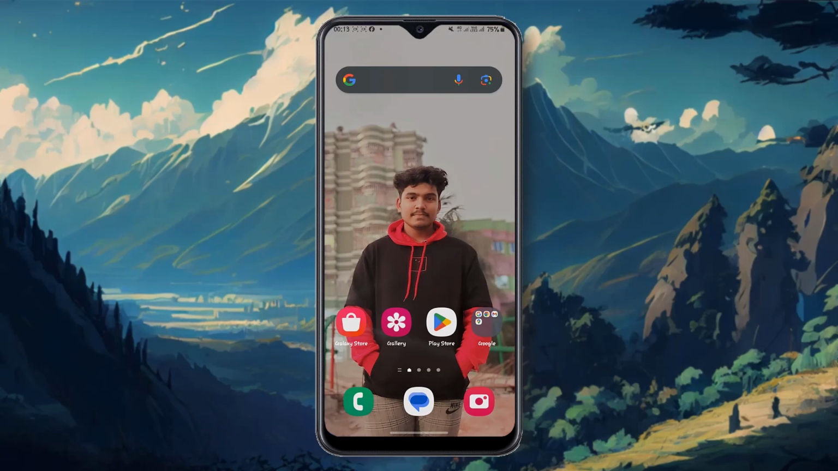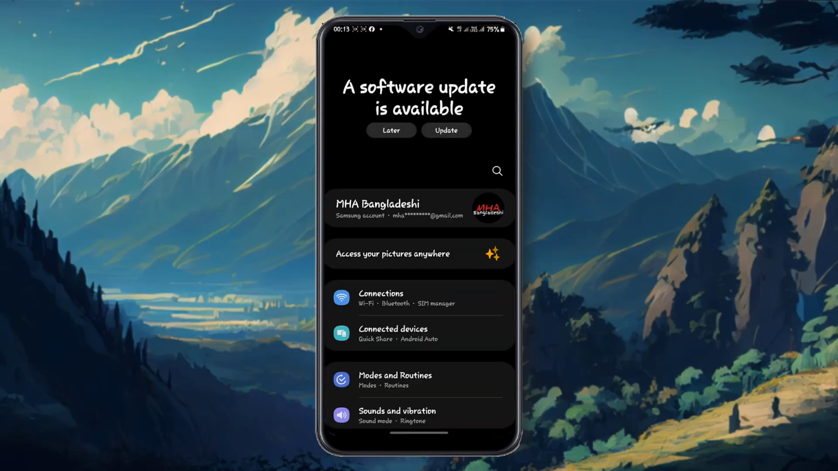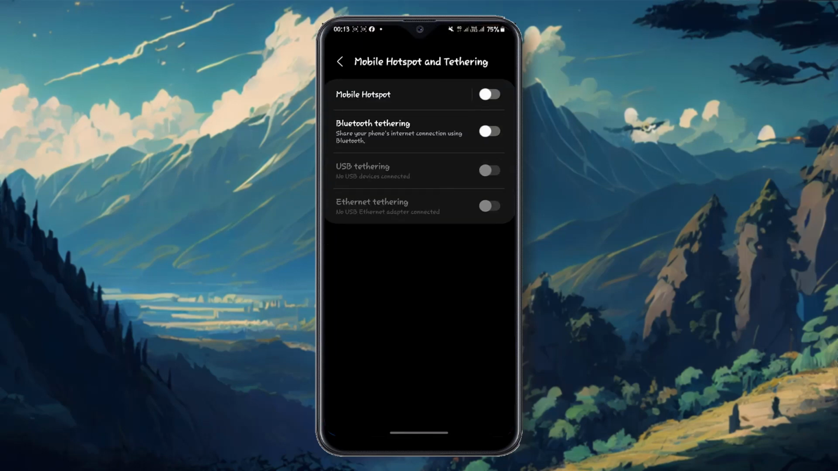In this quick tutorial, I'm going to show how to limit the number of connected devices on your hotspot. For these settings, you have to open Settings on your device. Then click Connections, click Mobile Hotspot and Tethering, then turn on the hotspot